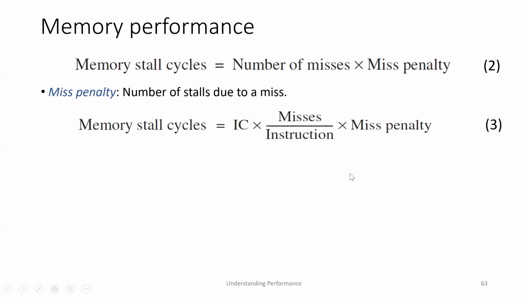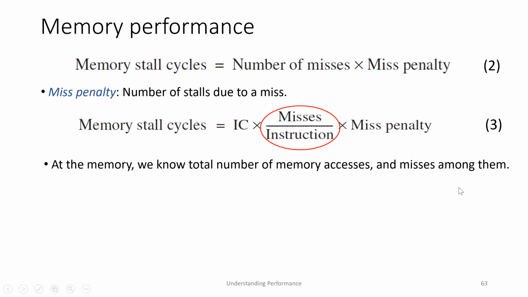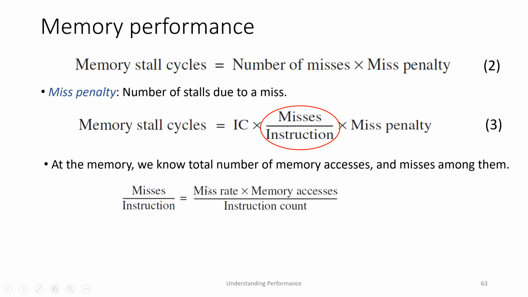Okay, miss penalty is, again, if you replace the number of misses with the instruction count times the misses per instruction, right? This misses per instruction is given as the miss rate times the number of memory accesses per instruction. Okay,